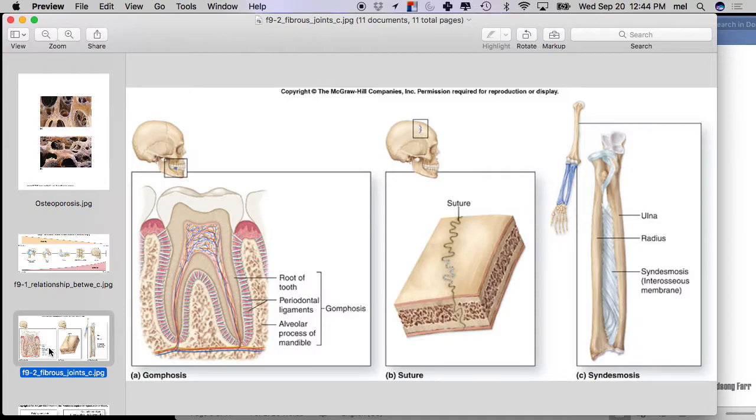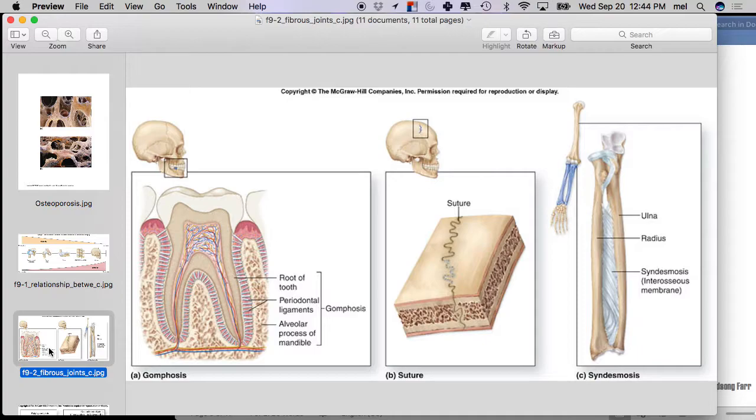Okay, fibrous joints are bone, no cartilage, ligament, bone, bone, ligament, bone, right? Like this right here, the sagittal suture is bone, ligament, bone. It's just got these little bitty ligaments in between. And so it's really not supposed to be very wiggly. They're supposed to pretty much stay in the same orientation to one another. And you can make the sagittal suture even more stable by interweaving the little serrations, right? Does that make sense? So it's actually got little ligaments in between, but really no cartilage there. So it's the most stable joint that you have.